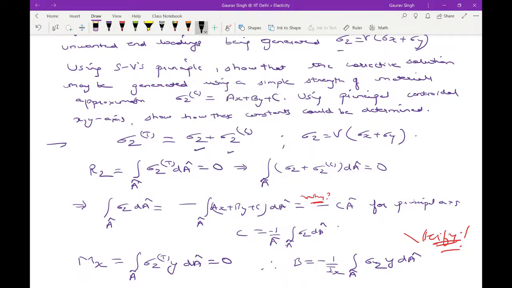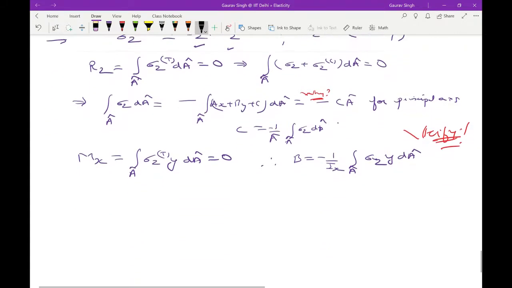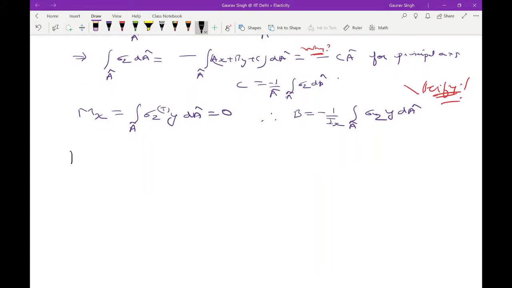Okay, so that's where we are for the plane strain part. Now let's try and see what we can do about plane stress. What is it? Okay, so we want to apply this to a domain bounded by